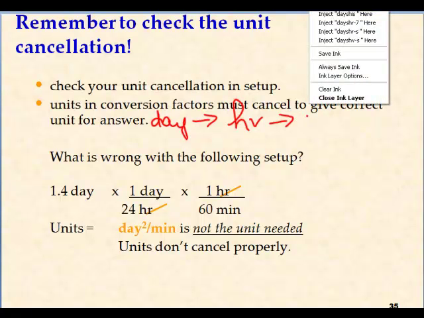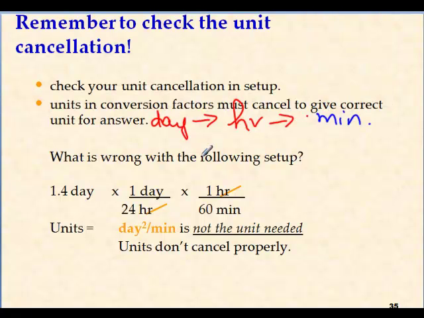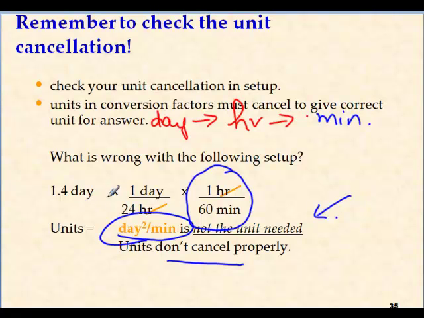Well, actually, what we are trying to do is convert that into minutes. But over here, what we're saying is, why is the setup wrong? The setup is wrong because you cannot cancel in this manner. If your units don't cancel properly, you are going to get an incorrect answer, as you can see over here, because it's saying day squared times minute, and that's not exactly what we want. So the correct way of doing it should have been 1.4 days converted into hours first. So you should have day on the bottom,